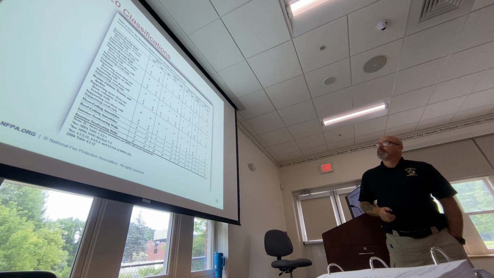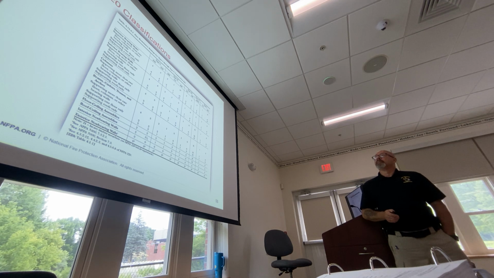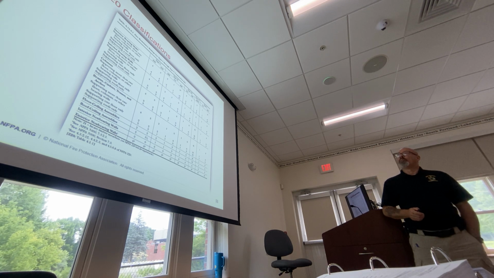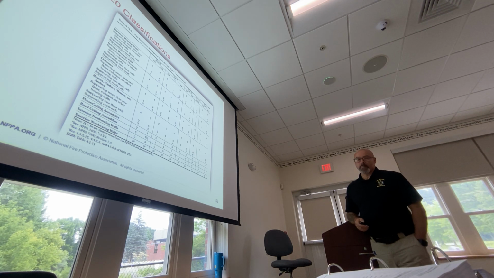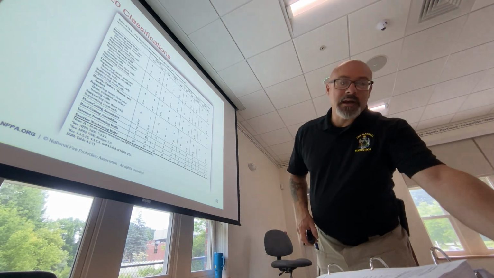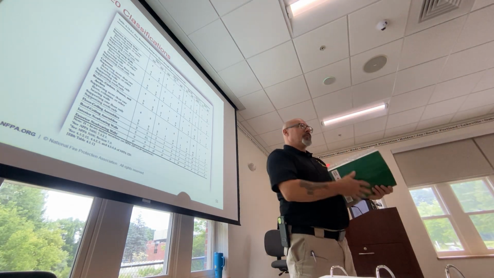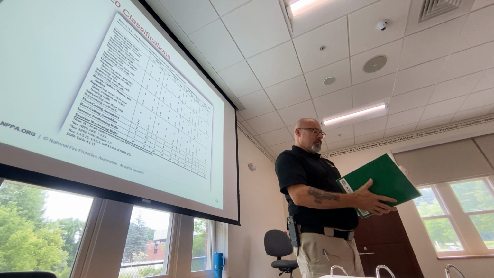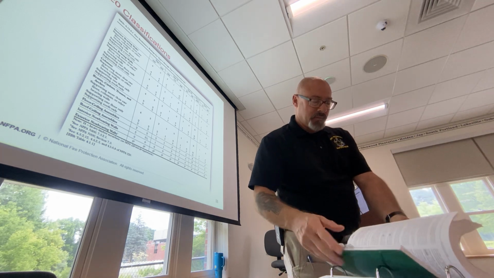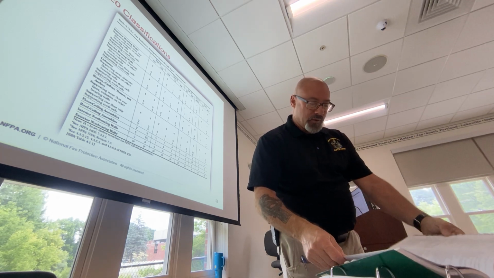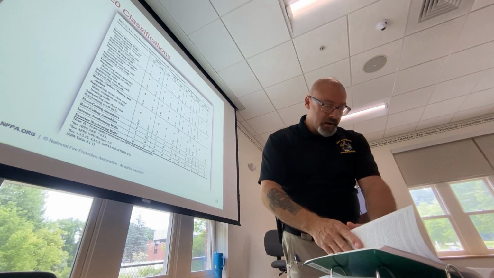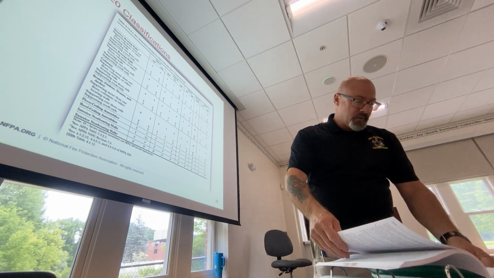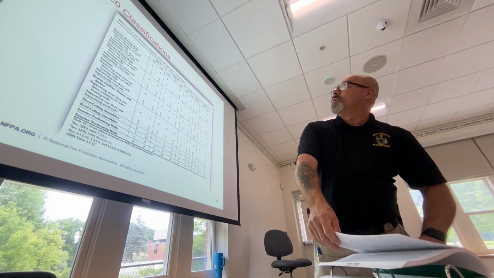So, here's the chart, Table A.12.2.1. Where do we find something that has an A in front of it? In the annex, right? So if we go looking for A.12.2.1,